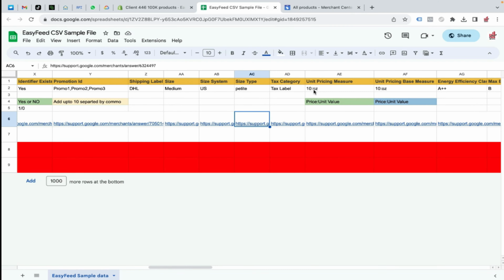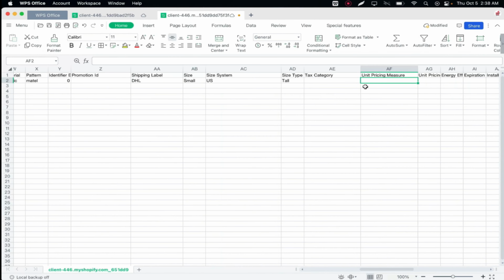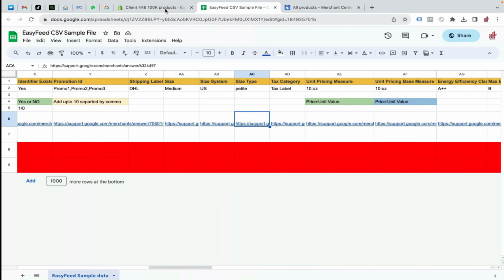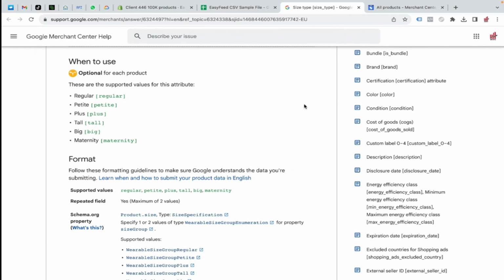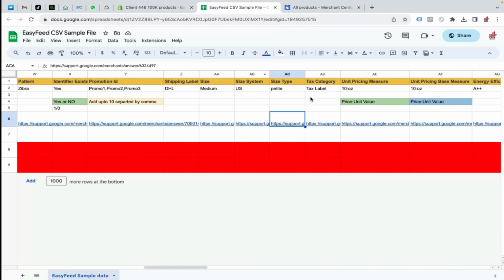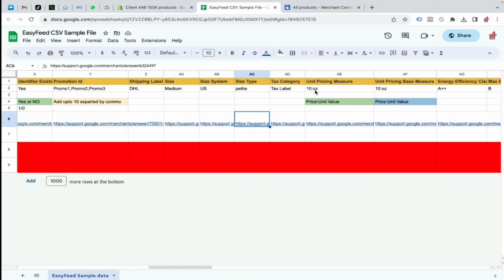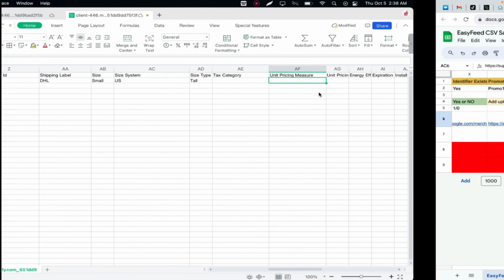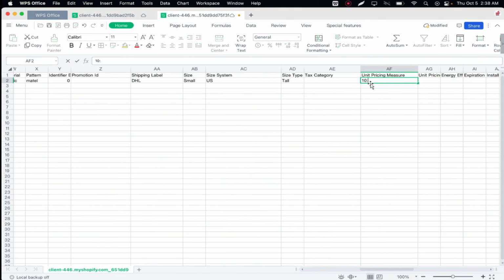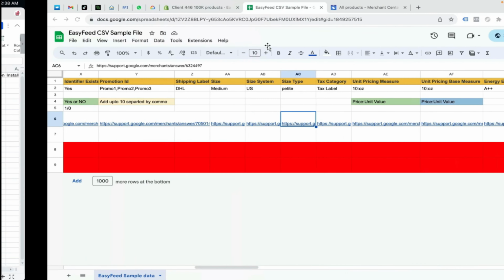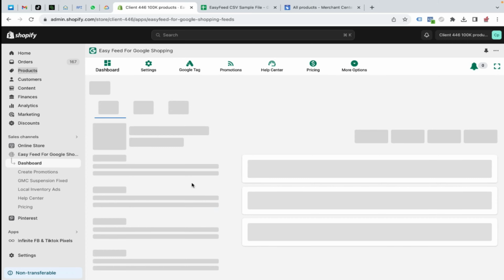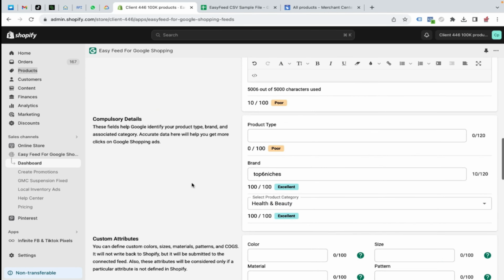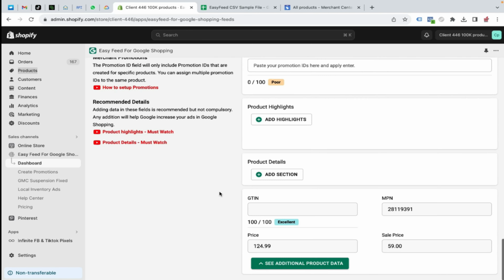Let me consult the sample file. In unit pricing measure you can see we have to follow something like 10 ratio OZ. Next we have the unit pricing measure. Here you can see it follows price and then unit value. So I will write 10 ratio OZ. If I have a look on my app, in unit price